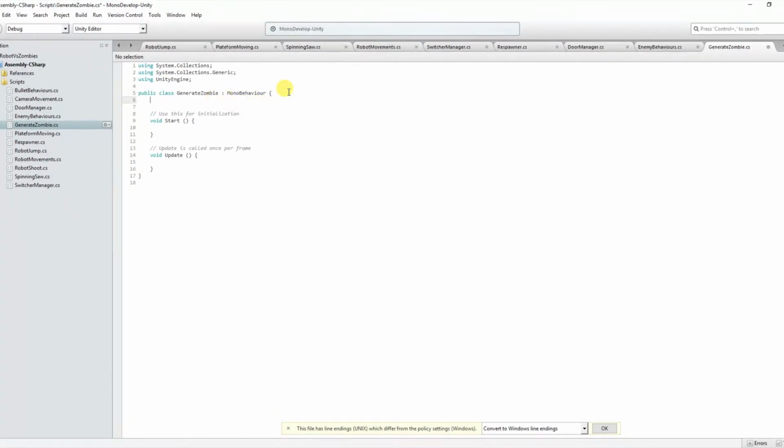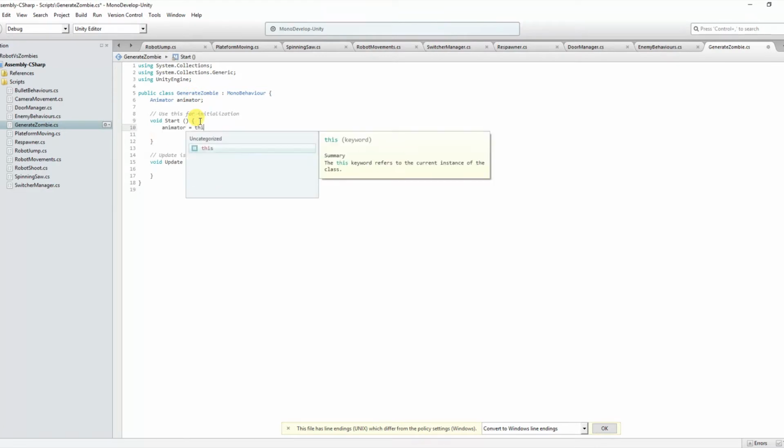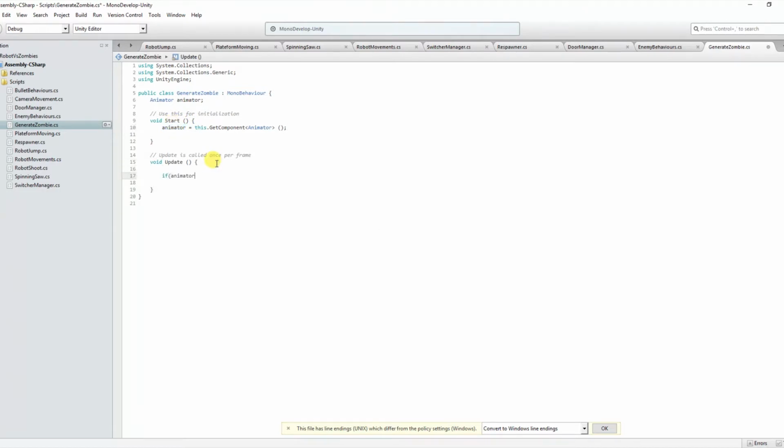And let's do some coding. First, create an animator so that we can check if our door is open or closed. Animator equals this dot get component animator, and thanks to that we're gonna have access to the open door attribute. So if animator.GetBool open the door, our attribute used for opening the door inside the animation,